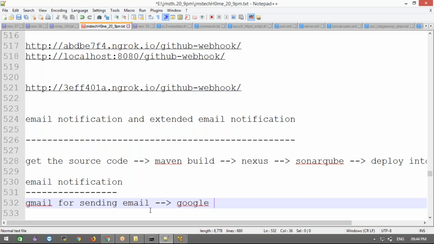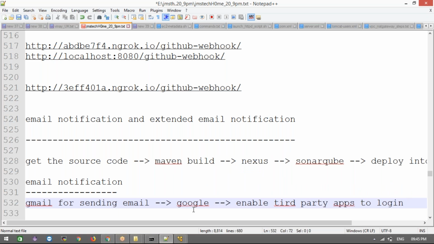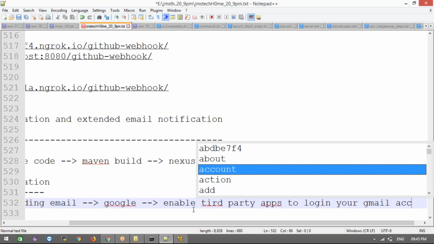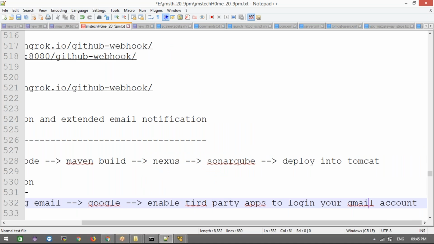Now what we'll do, you should log in to your Gmail account.